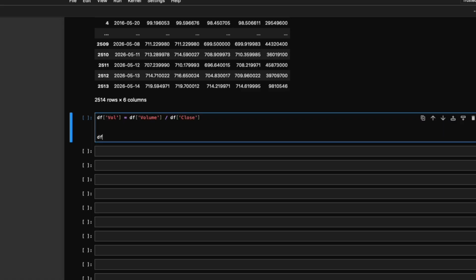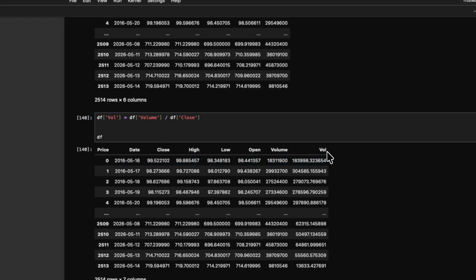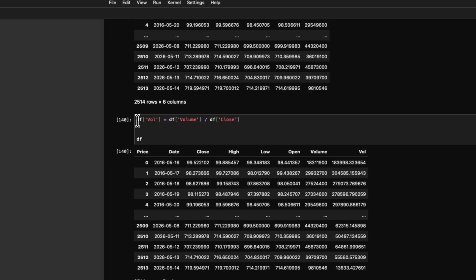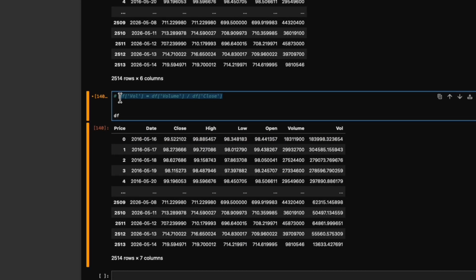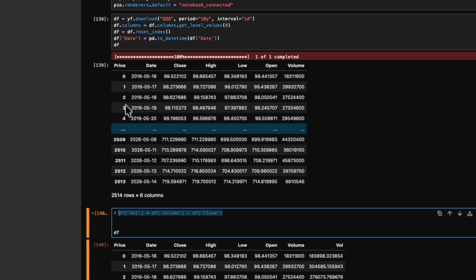So if we now run this, what you should find is that we've got a new column called vol in here. So that's one variation. Next variation, I'm just going to comment that out. In fact, what we'll do is we'll just copy this whole thing. So next variation would be the